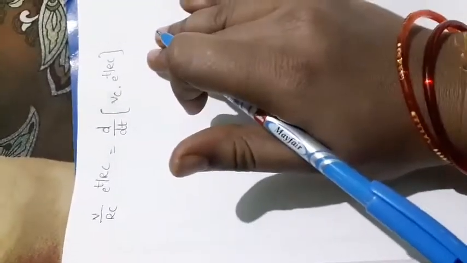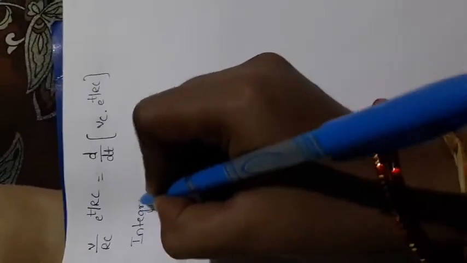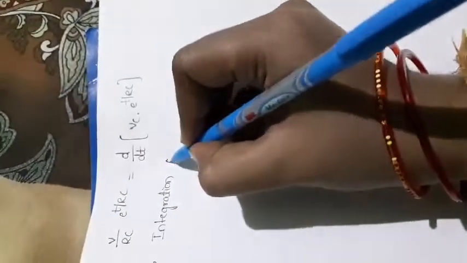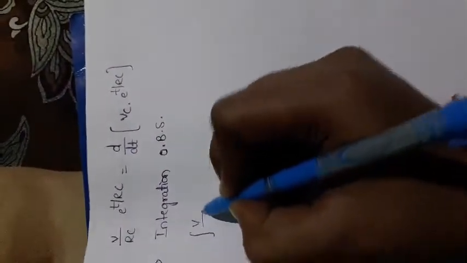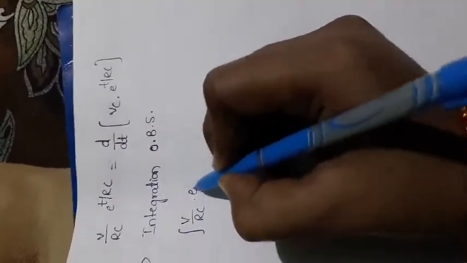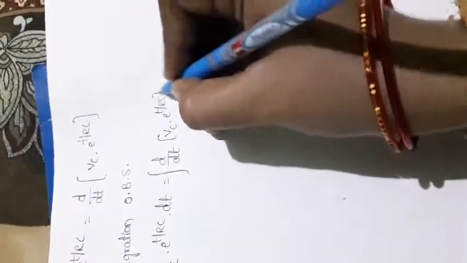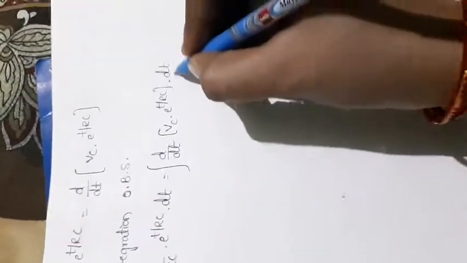Okay, so after getting this equation, now we'll do one thing, that is nothing but integration on both sides. So whatever procedure we have here will be equal to the transient response of the RL circuit. Just observe that, in that also we are doing the integration part, so here also we are doing the integration part. So apply integration on both sides, which means the integral of V by Rc e power t by Rc into dt is equal to d by dt, and apply integration, so Vc into e power t by Rc. If you are applying integration, we must mention dt here.